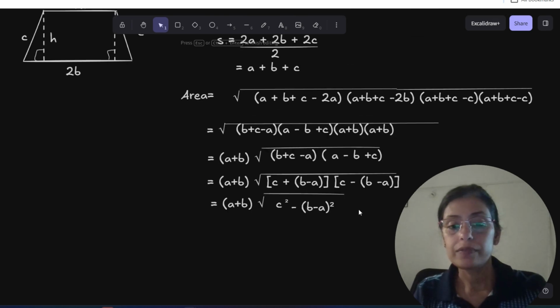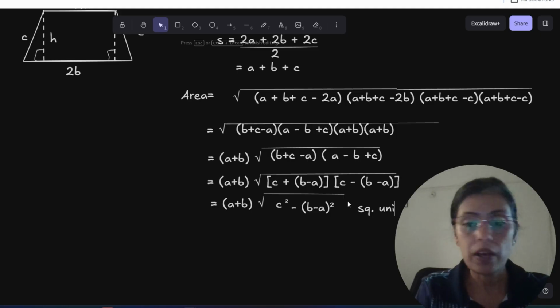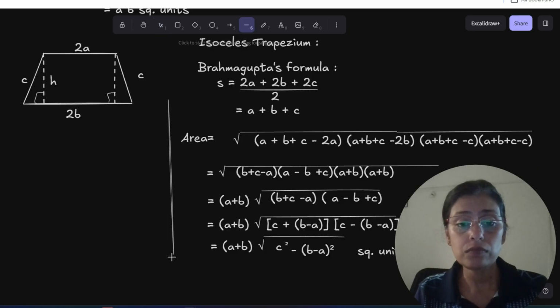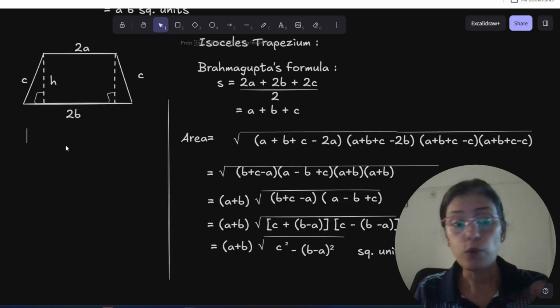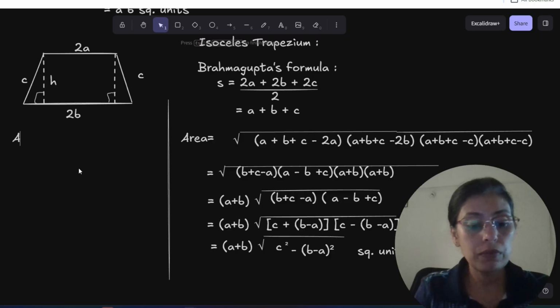So this is the area of this trapezium, in square units. Now what I'll do is calculate the area using the usual formula that we know for the trapezium. What is the usual formula which you have learned in your 8th grade? Area of trapezium is